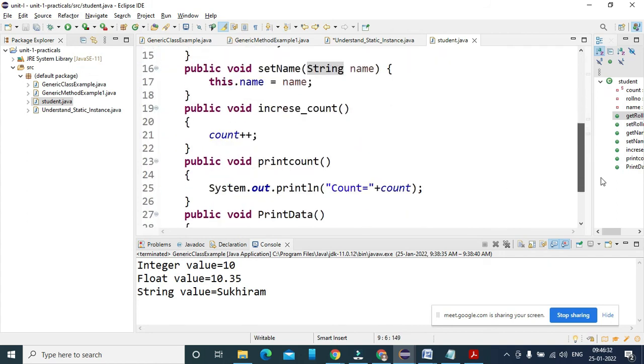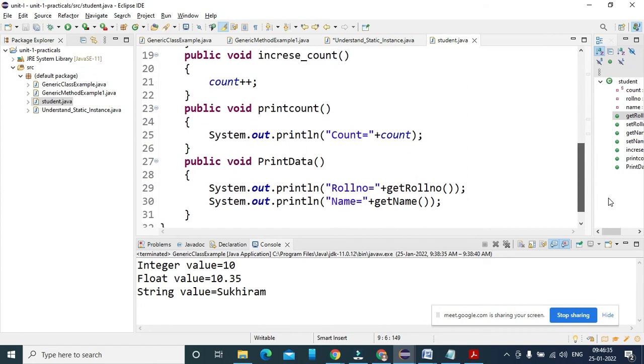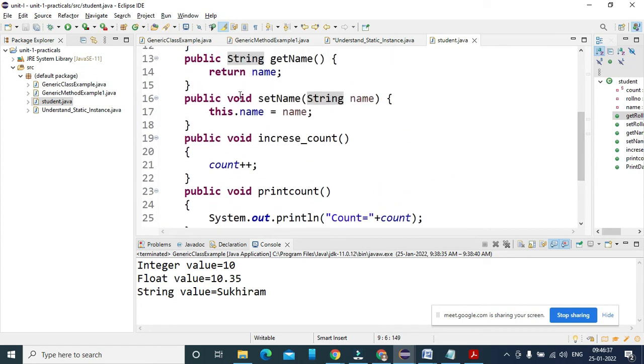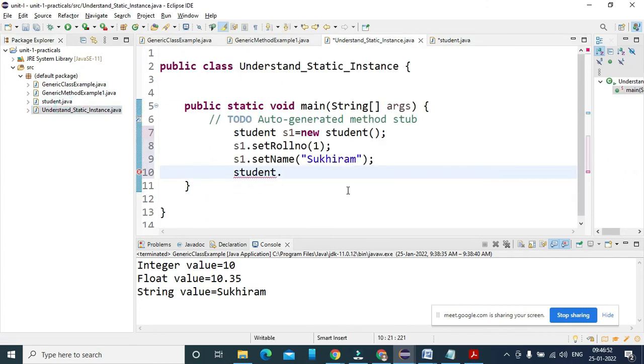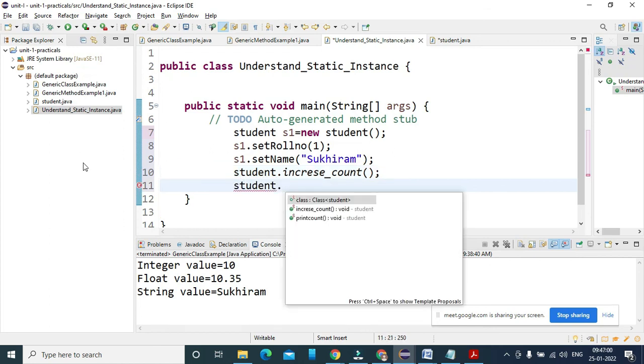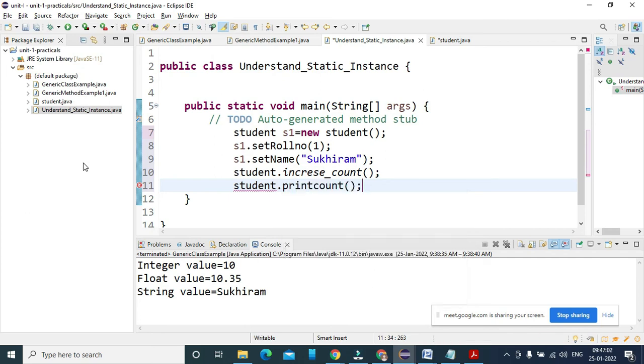So Student is going to call this increase count as a static method. It's going to increase the count by 1, and I'm going to use a static keyword here. तो ये मैं इसके साथ यूज कर सकता हूँ. So Student dot increase count, and it's going to print the count here.